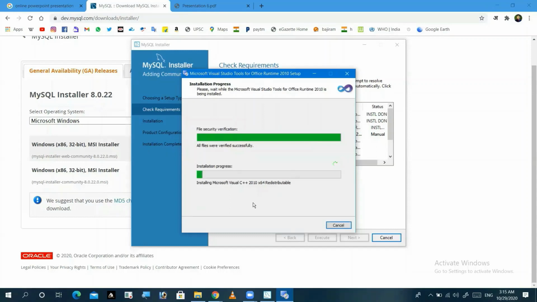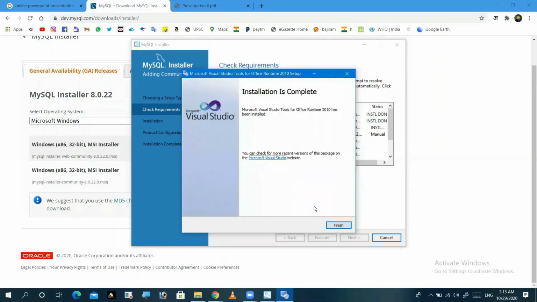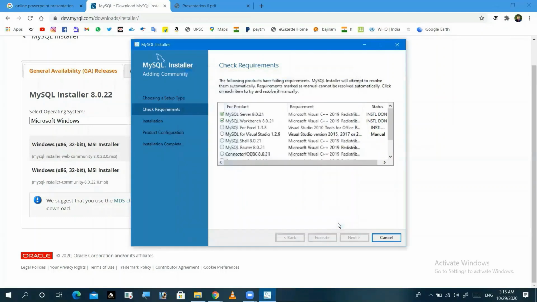After this, just click on next. Our installation process is ongoing, guys. The Microsoft Visual Studio Tools for Office runtime 2010 is finished. Just click on finish. All the installation is done.